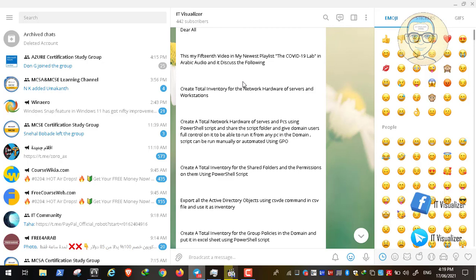So we have used a PowerShell script to create a hardware inventory for our servers and our workstations, and to be able to access this PowerShell script from any PC in the domain, we have shared the folder that contains the PowerShell script, and we have given domain users full control over the folder, so they can run the script and execute it. So we have done this